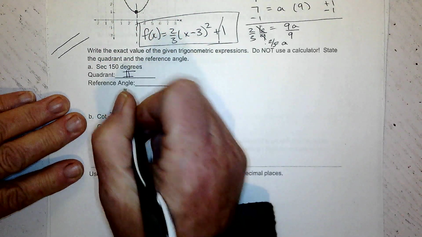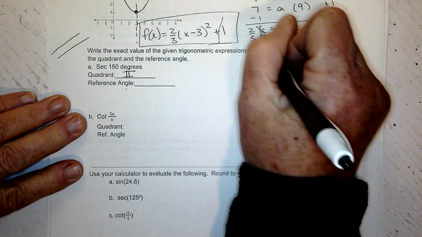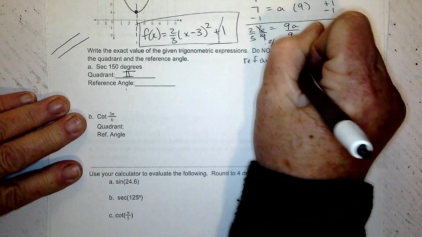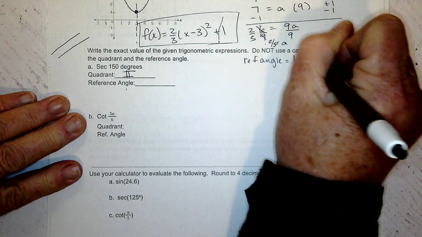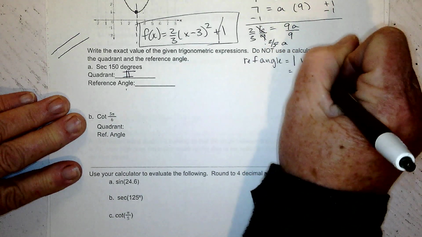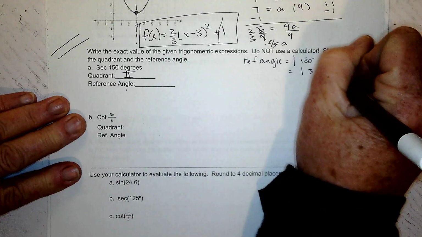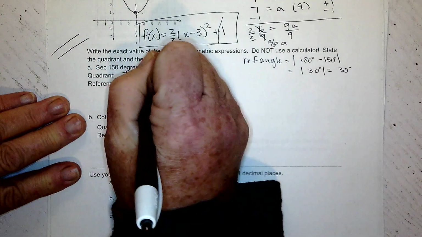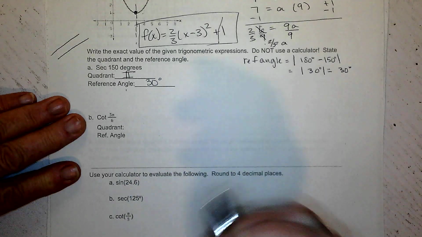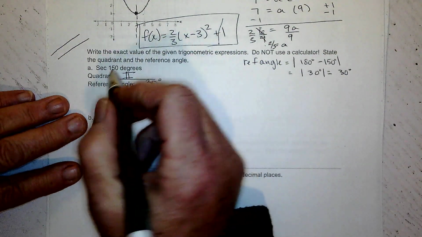The reference angle, it's 150 degrees, so reference angle is going to be the absolute value of 180 degrees minus 150 degrees, which is absolute value of 30 degrees, which is 30 degrees. Okay, it has to be in quadrant 1. Lastly, this